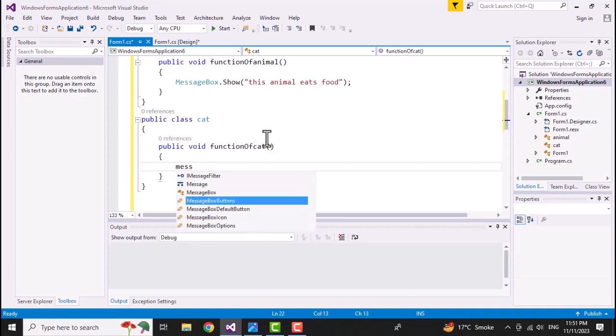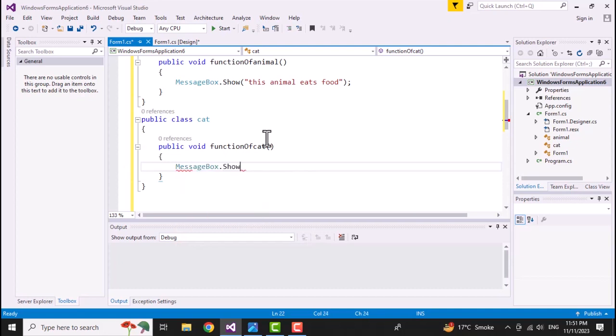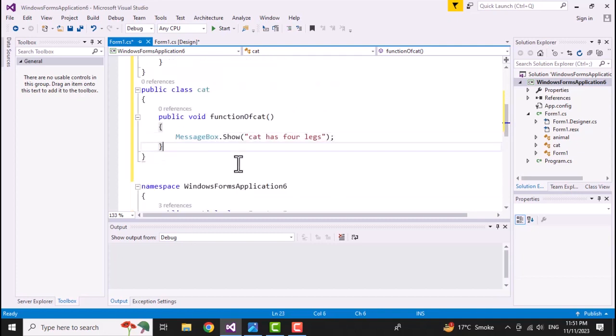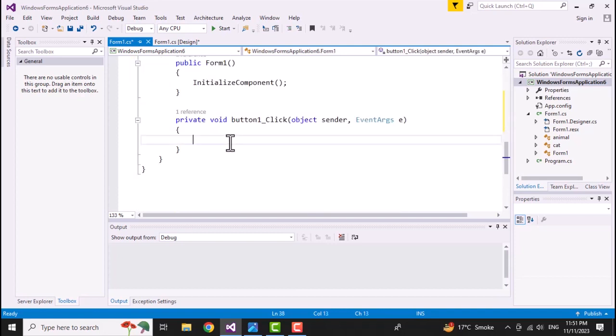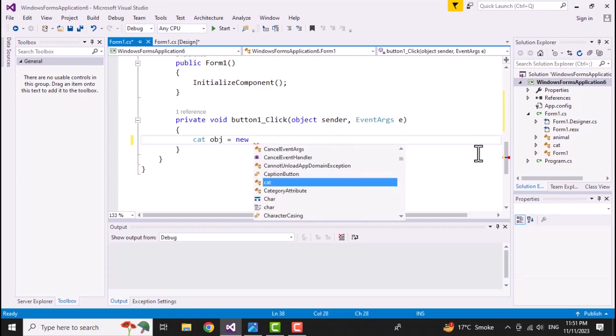Here I write message box dot show, cat has 4 legs. Okay. So just to clear the concept, if I create the object of class cat, object is equal to new cat,